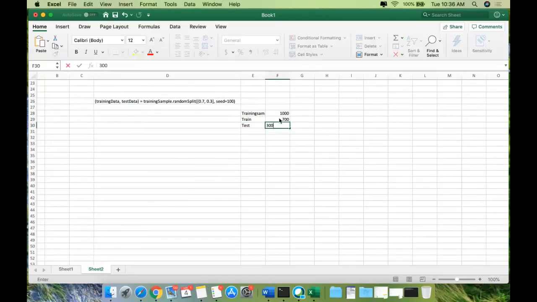This is the first time I'm doing it, and I'm mapping it to something called versioning. So seed is equal to 100. The first time it creates some 700 random and 300 random records, and then it automatically takes the same thing every time. Even if you execute it again, it takes the same 700 records. Clear?